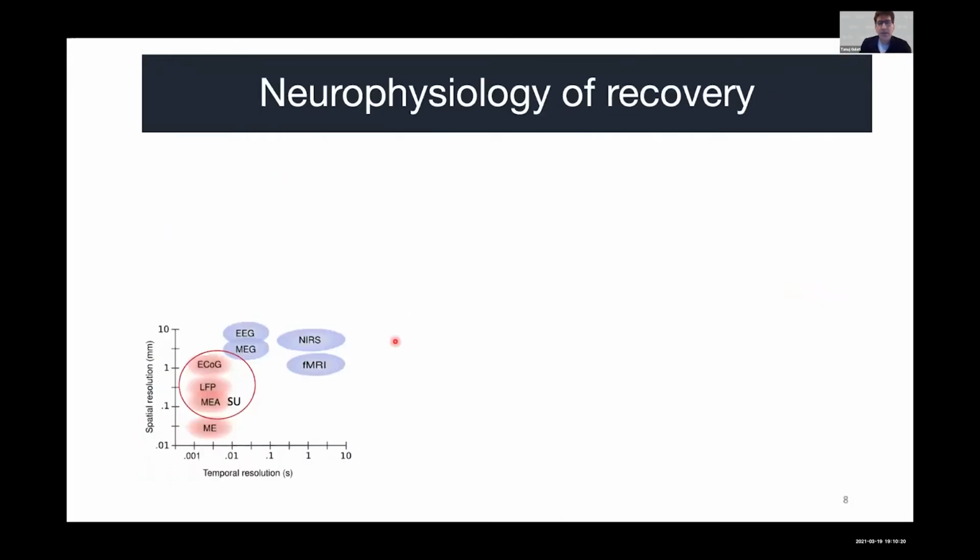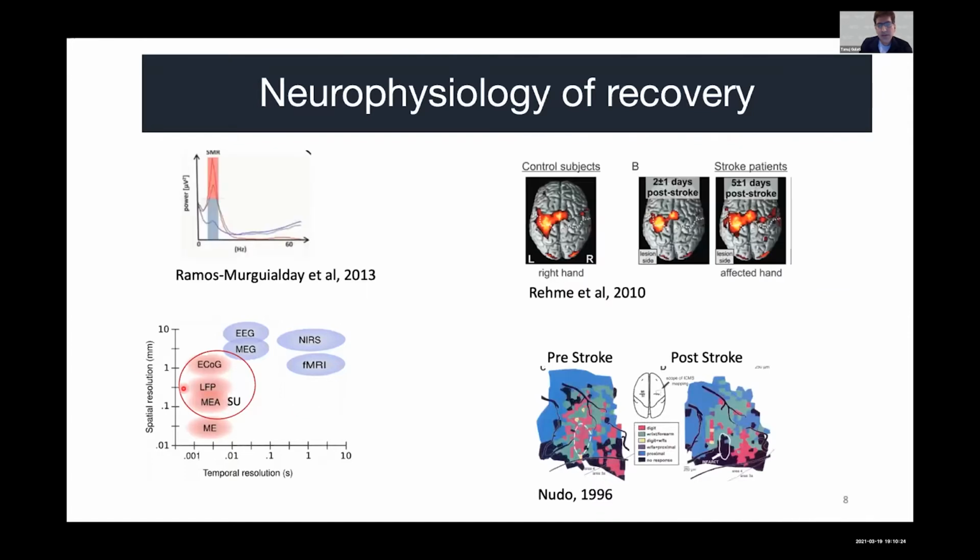So I also wanted to bring this slide here to show that there have been studies that have already been done for stroke recovery. I know earlier in the week you had a talk on TMS related approaches to rehabilitation. In terms of recording technologies, there are these different recording technologies, which was also described in the previous figure, but here it's divided into the varying spatial or temporal resolution that they offer. And within the circle are the technologies that I'll be talking about.